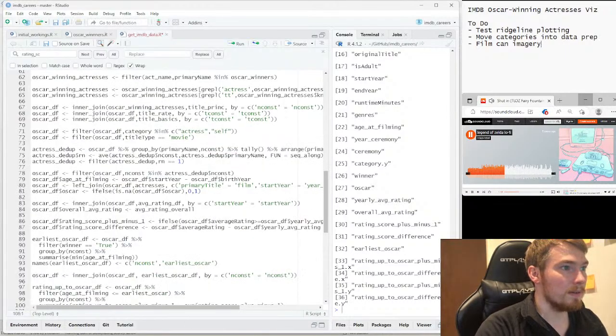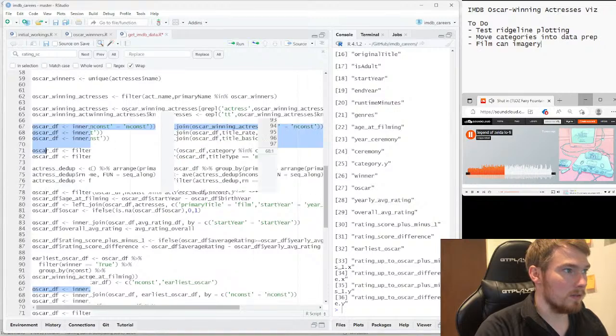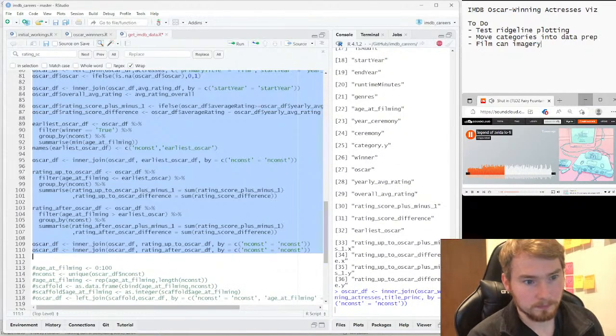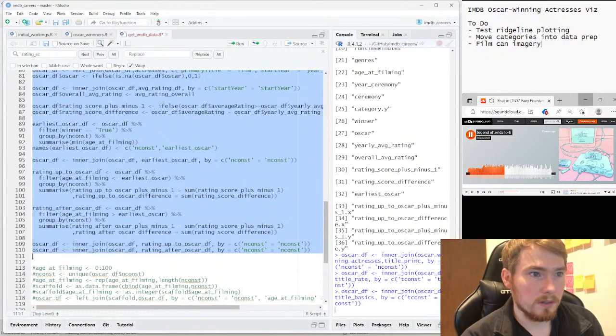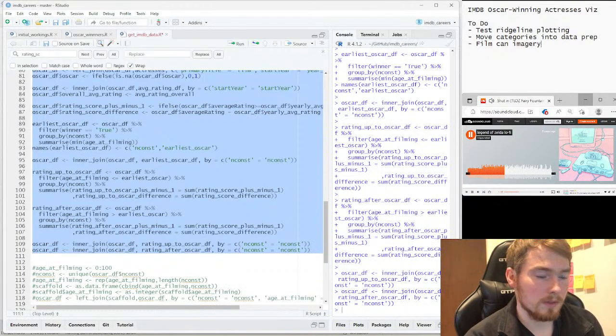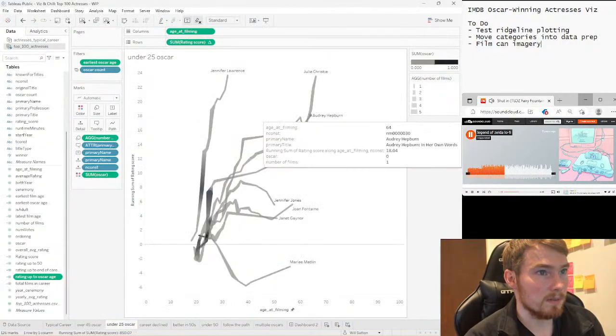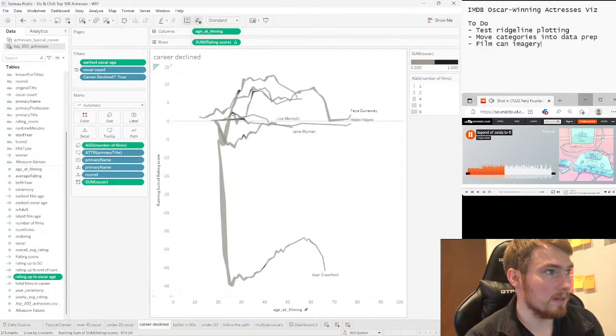Where are we? Got those values. We then had something else. We had this option for in career declined, whether their career ended below 0.